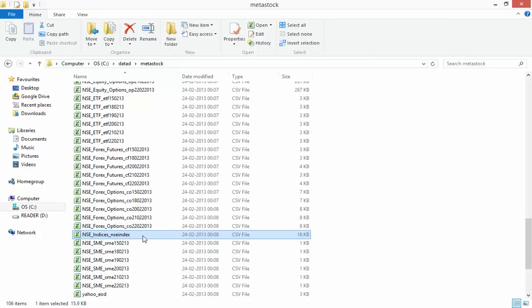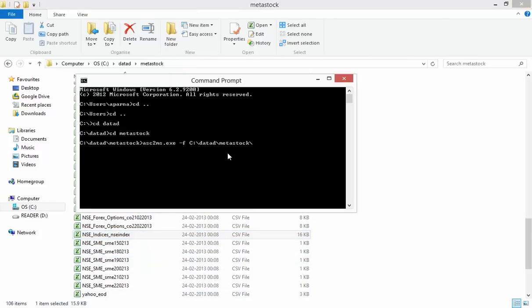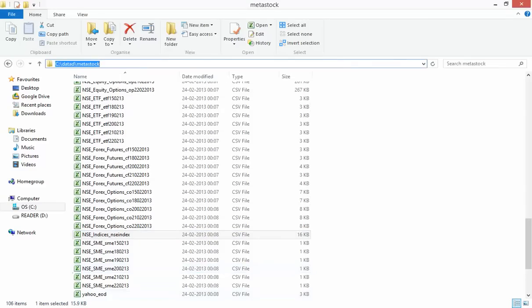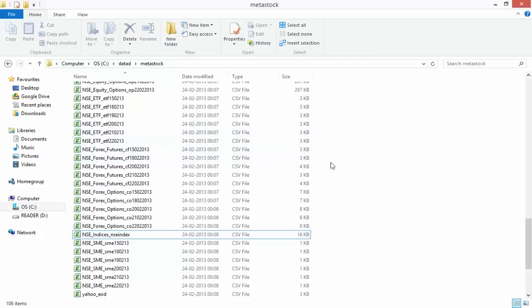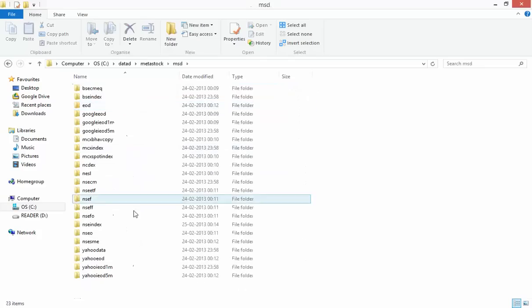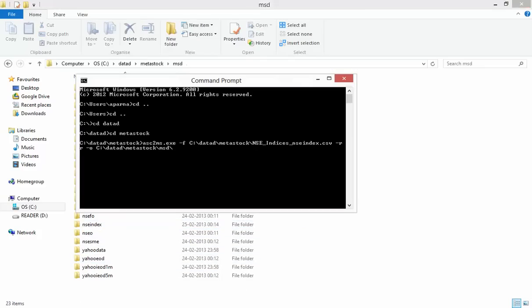So here is my index file, and then my output. And my NSC index, right? So I will type NSC index. Now this is